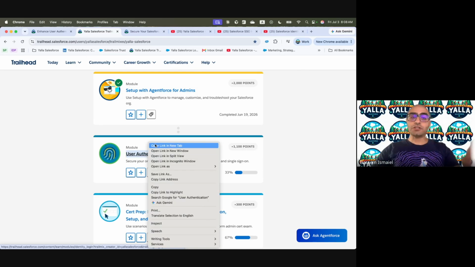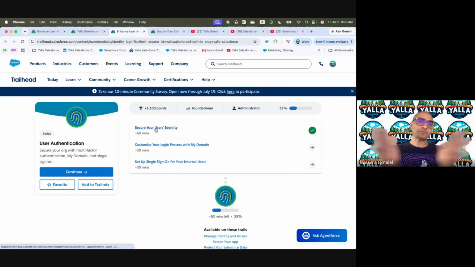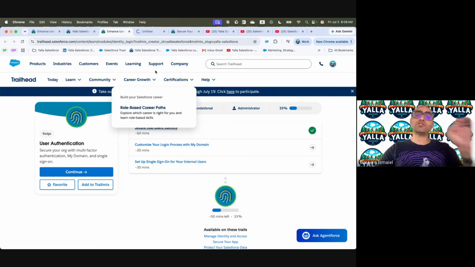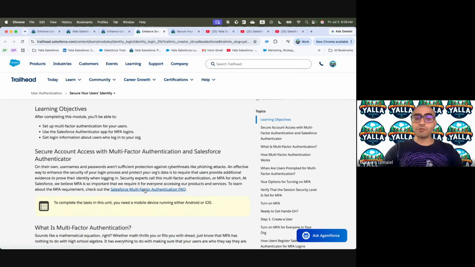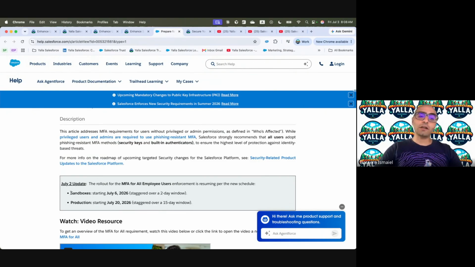But for user authentication, we covered last time the first part of it, which was MFA. We discussed that Salesforce started to enforce multi-factor authentication when you log in using the UI, based on your access. We have updated dates now: the 6th of July and the 20th of July, on sandboxes and production. Last week, I believe it was June and July, but they pushed those timelines a bit. So we had an update yesterday that everything is going to be enforced July 6th and July 20th.